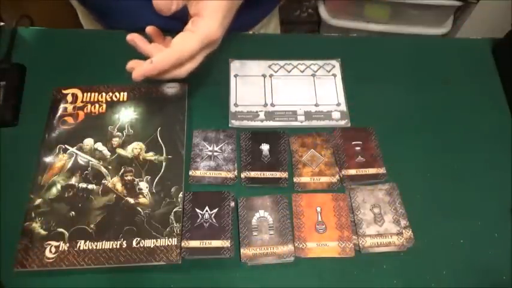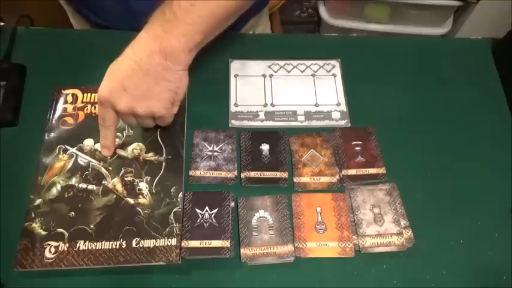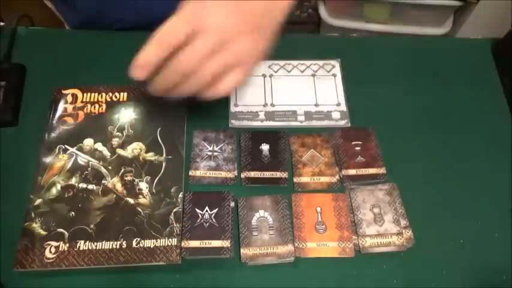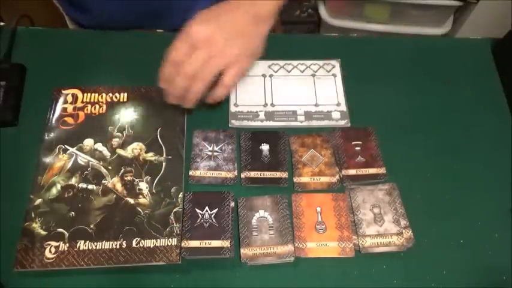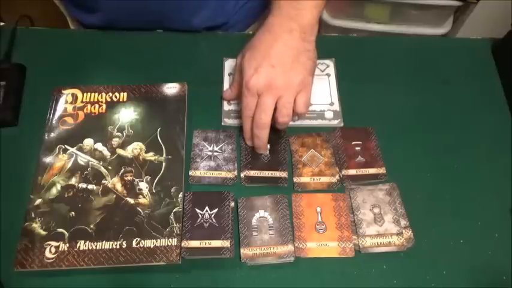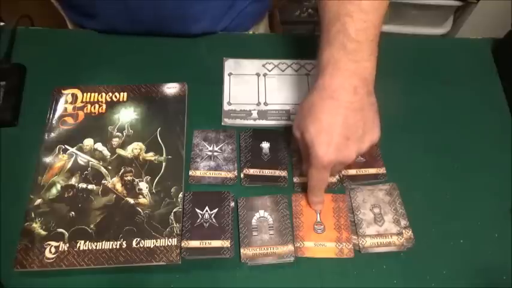Now, The Adventurer's Companion comes with a 96-page softback Adventurer's Companion book, which has additional rules as well as 30 pages of the rules that actually come in Dungeon Saga itself. It comes with a pad of character sheets. It comes with more Overlord cards, some more major spell cards, which aren't shown here, minor and major, song cards, which are new,